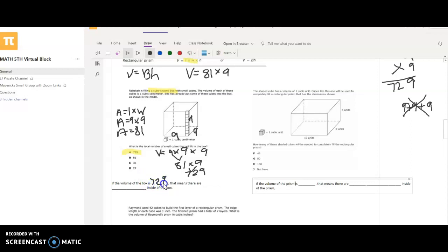So if the volume is 729, and we're going to go ahead and label it with its unit measurement, which is centimeters cubed, we found out from our number up video, that means that there are 729 cubic centimeters